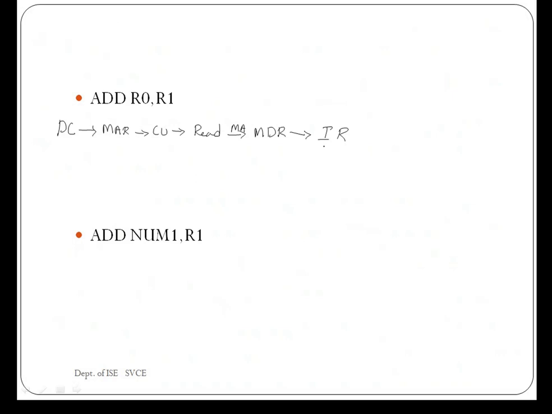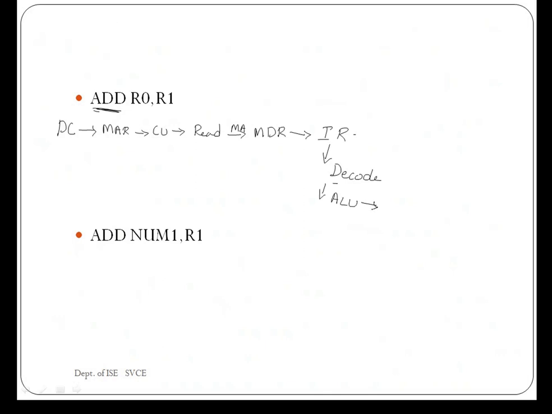That instruction needs to be decoded. Whenever the instruction is present in the IR, it is ready for the decode operation. I already explained the meaning of decode. It identifies the opcode, or the operation to be performed. After decoding, it knows the operation to be performed: whether it requires any ALU operation or whether it is just a data transfer instruction. According to the instruction we have considered, it requires an ALU operation, so that instruction is transferred to the ALU.